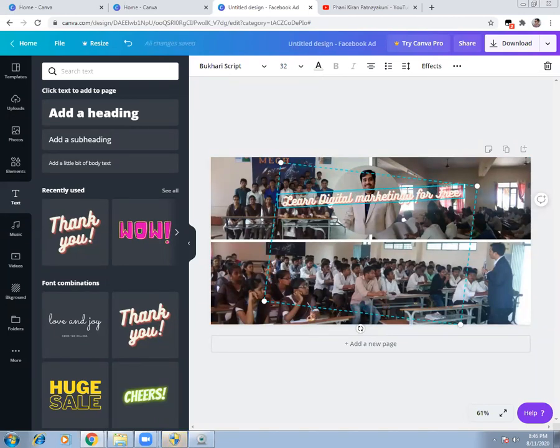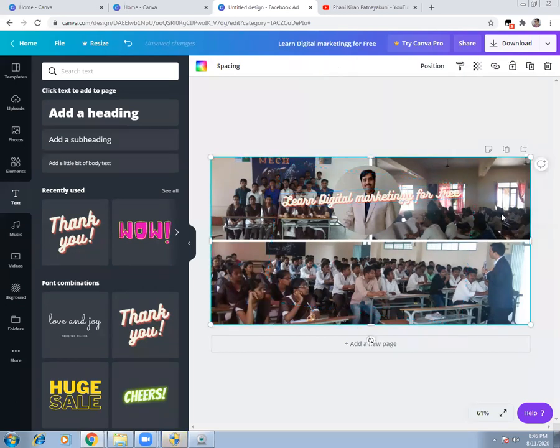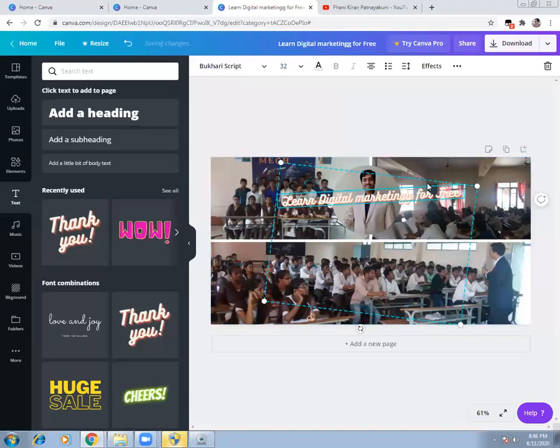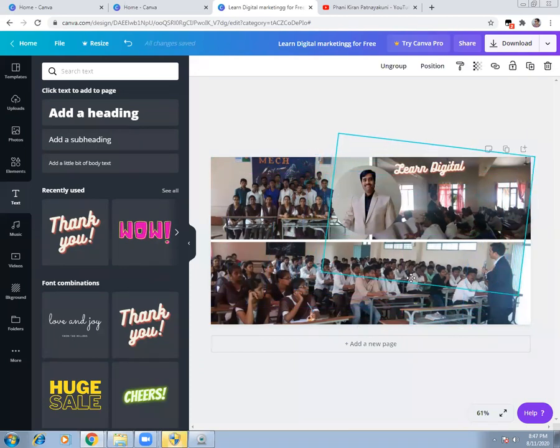So whatever it is, you can just drag it and enter it somewhere. Now you can check this out and try to take it nearby. Or maybe let me just check this out. Learn digital. Okay, so all these boxes will not be coming in the image when you give a print, and you can simply rotate it or use it whichever way you want. You can take it wherever you want.